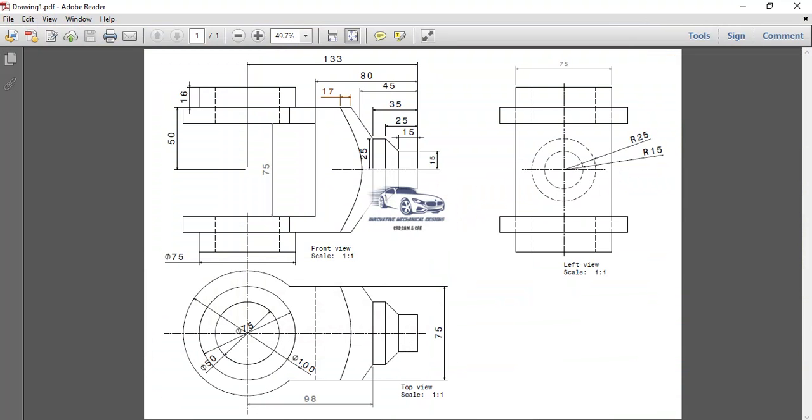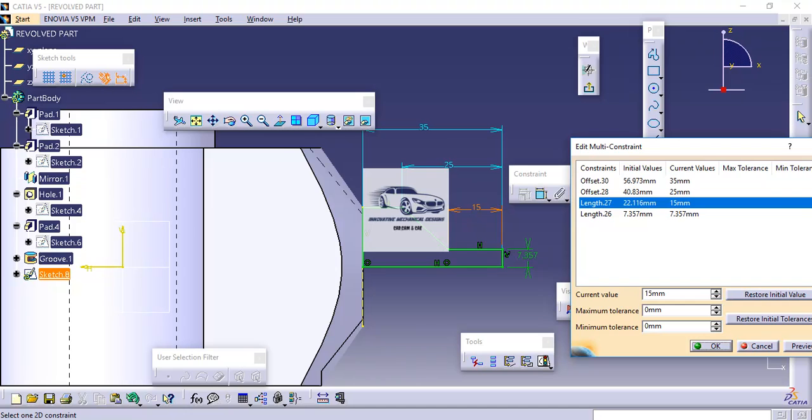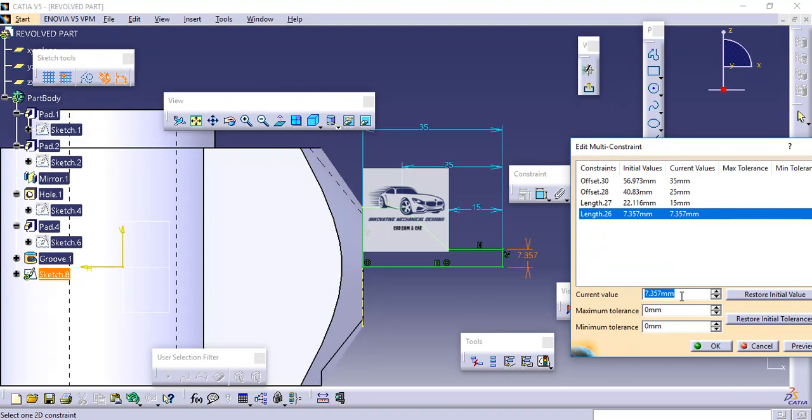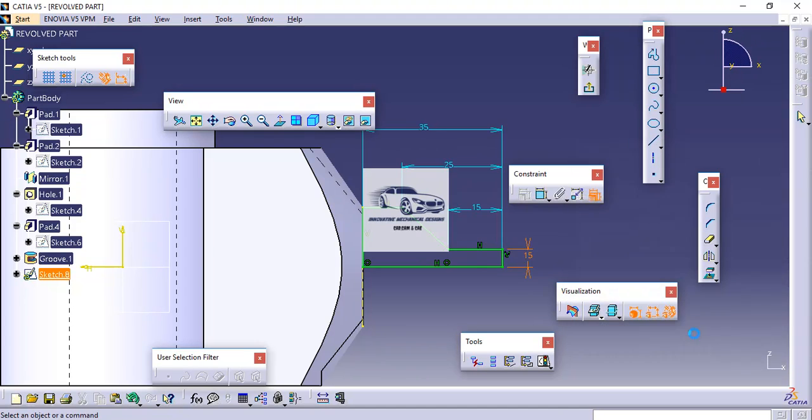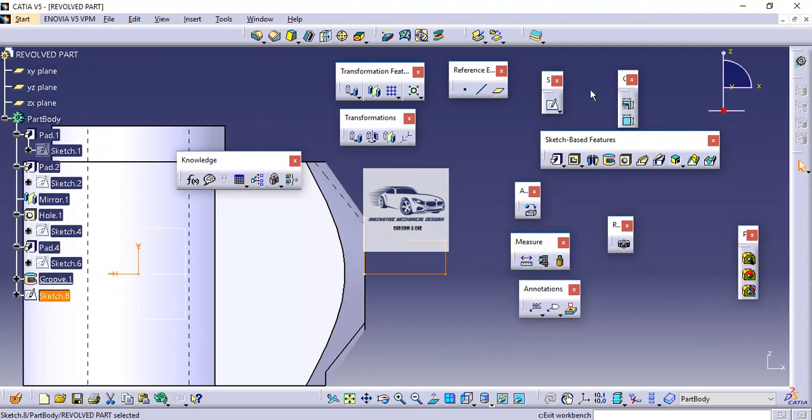This is 15. And last is the radius. So this is 15. Review, OK, exit.